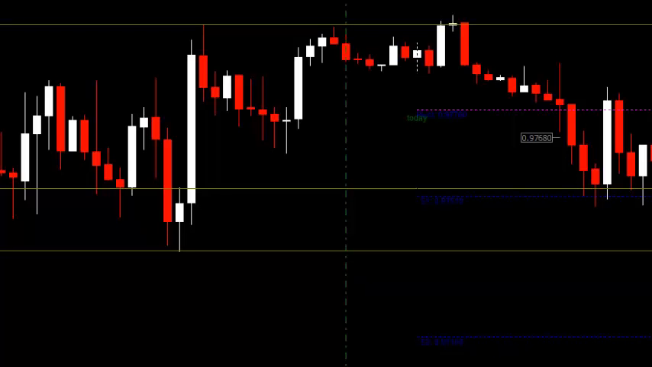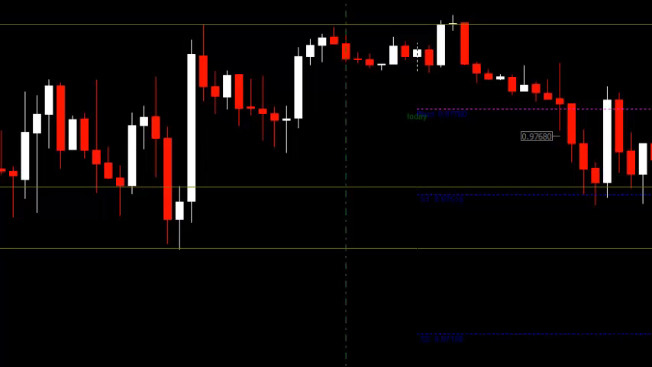I always recommend using the 20 pip stop and the 20 pip target because if you do it correctly, it's going to keep you in the trade. And it does work. It works over and over again. Now, of course, you're going to experience an occasional losing trade. And one of the things that you can do to help eliminate some of those losing trades